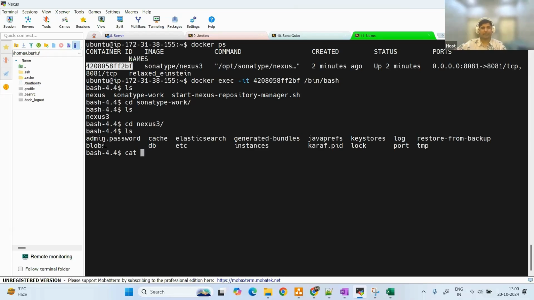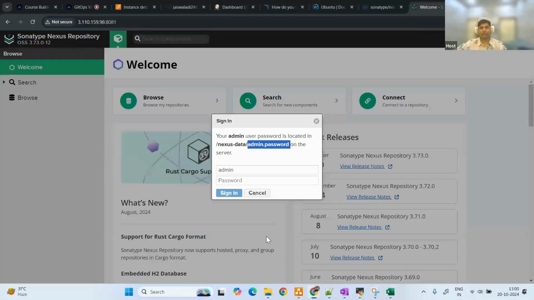So I can run cat and get the password. So now I have the password as well. So I can copy, make sure to copy till 1. Do not copy the bash. Let me copy again. And we can go back to Nexus, provide the credential here, click on sign in,